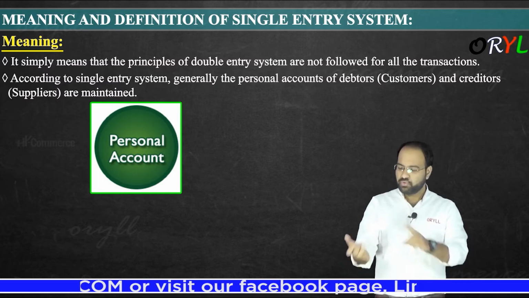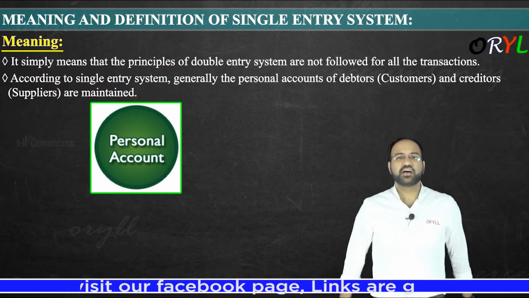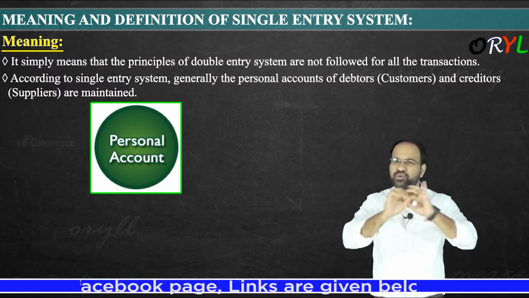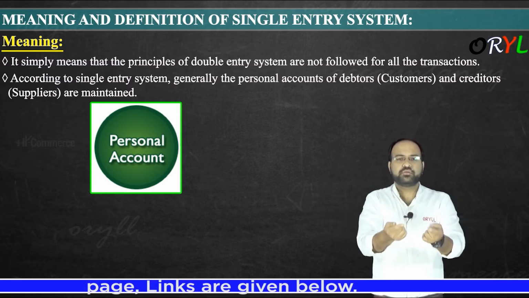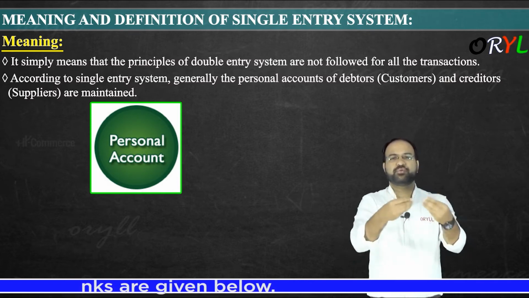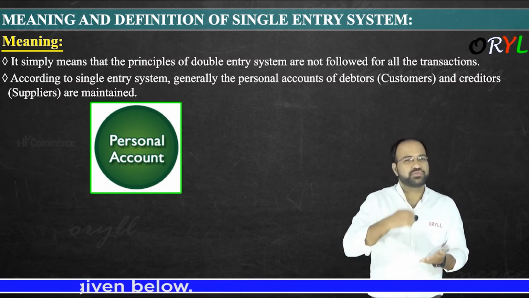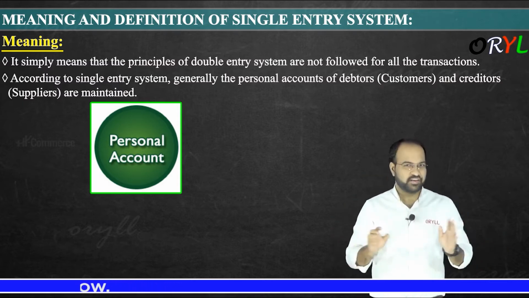I don't know what you mean by assets. I don't know what you mean by tangible assets. I don't know what you mean by intangible assets. I don't know what you mean by long-term liabilities. I don't know what you mean by short-term liabilities. So I don't know any such thing. Simply I know you are my customer and I'm your businessman, and he is my supplier and I am going to purchase the raw material from him. That's it. Got it? So I will record only the goods which we sold to the customer and the goods which we purchased from the supplier. Only this.